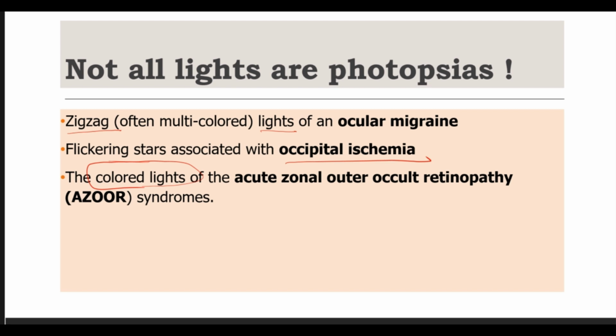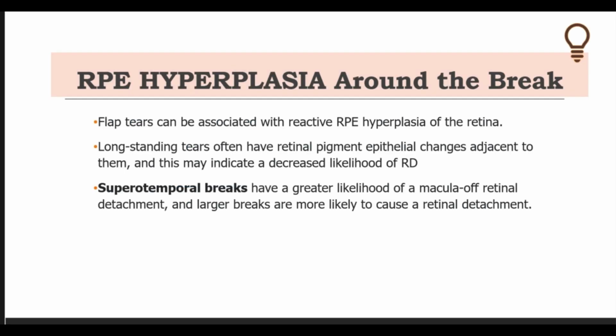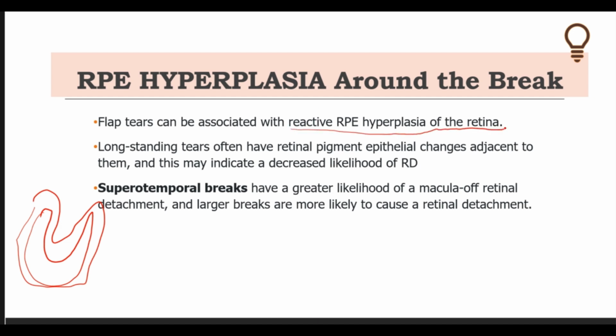So it's very important that you differentiate photopsias from the flashes that can occur with other disorders as well. Now, sometimes what happens is that around that horseshoe shaped tear, you are going to see RPE hyperplasia. Not just around the horseshoe shaped tear, you can also find this around the atrophic holes, right? Now, whenever you see that black pigmentation around the retinal break, it basically indicates that there is reactive RPE hyperplasia,